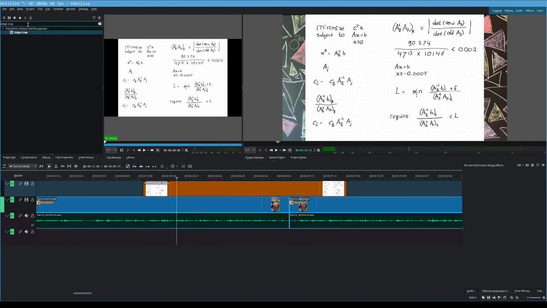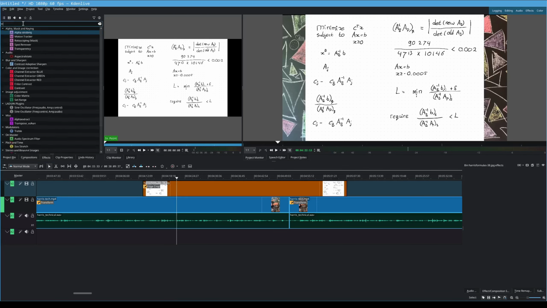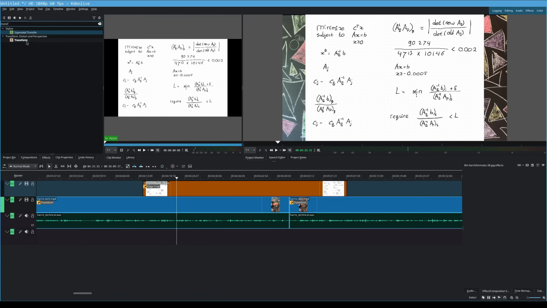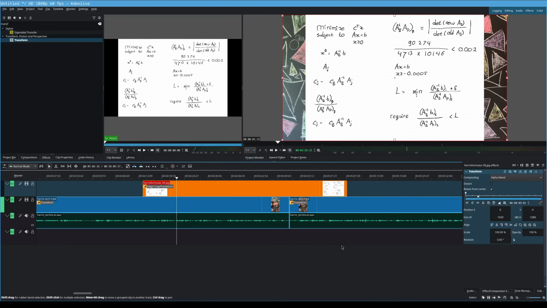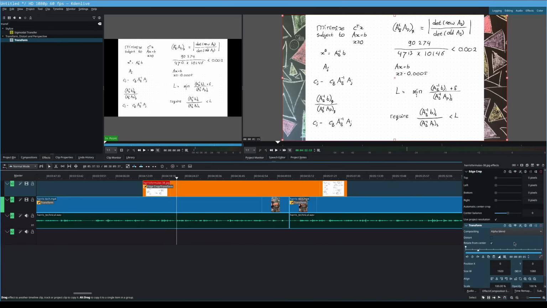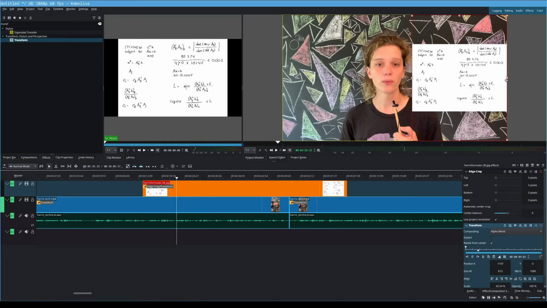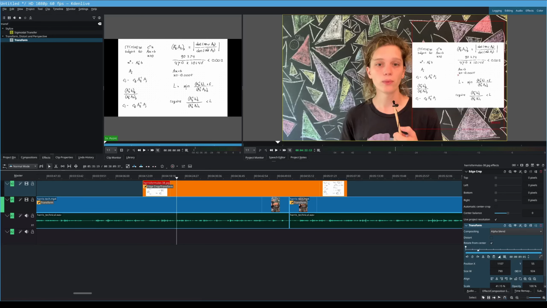Searching in the Effects tab, I add the edge crop and transform effect to the image by dragging and dropping. Now I use the handles of the red bounding box of the transform effect to determine where on screen the formulas have to go, and I can pick out the formula I need using the edge crop effect. The transform effect makes it so that the image will always be in the middle of the bounding box and have maximum possible size. After this preparation, I cut the formula image clip into little pieces, and then I would